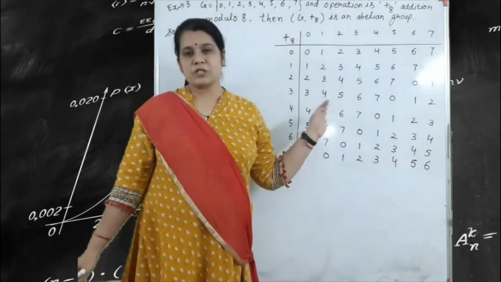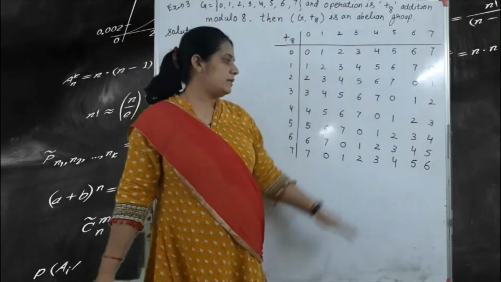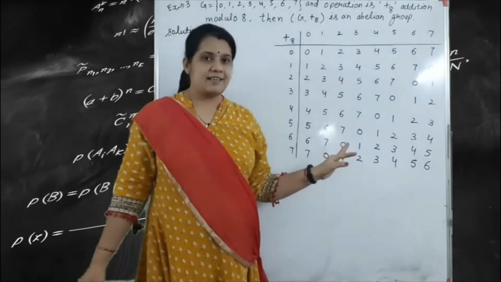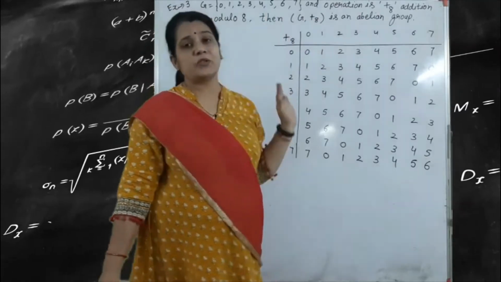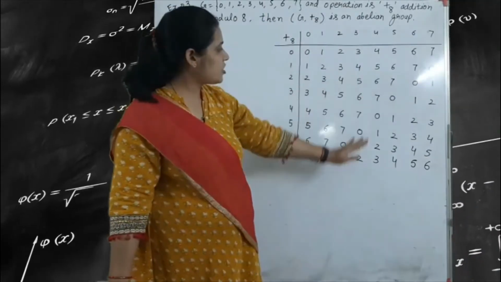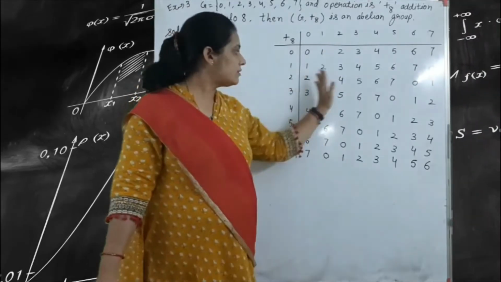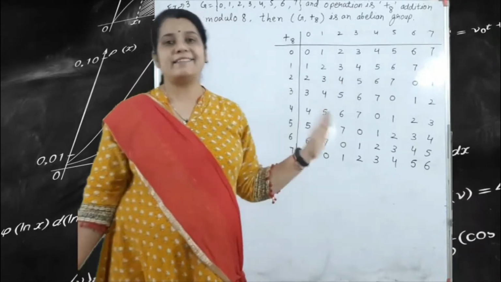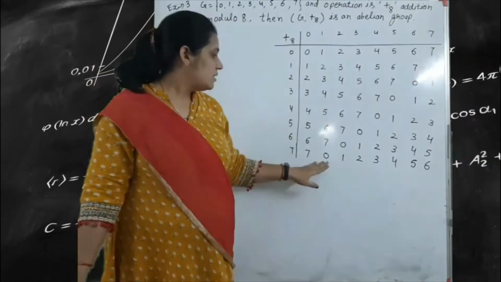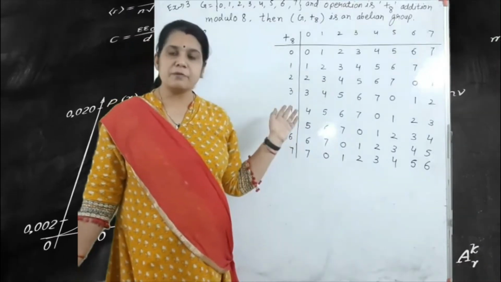Okay, so you see here very carefully, this table, all the elements are less than 8 under addition modulo 8. Check carefully, all the elements are less than 8 because all these elements are remainders. Got it? So with this type of question, if we are given